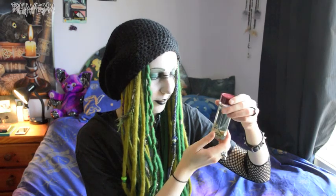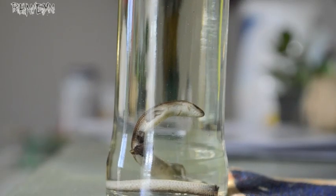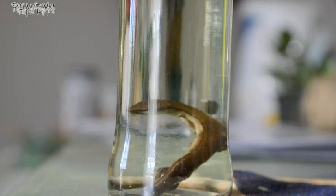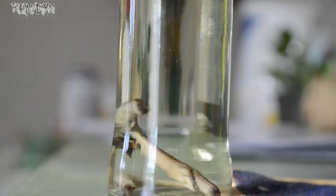This is one preserved skink plus his or her tail. So again, unfortunately, this guy got into my cat's enclosure because it's so small, like we can't block out everything. So my cat did catch this one. I always intervene whenever I see him hunting something, or someone I should say, but I was too late for this guy, which is sad. So he dropped his tail and then the cat still got him, so he died, and now I have both